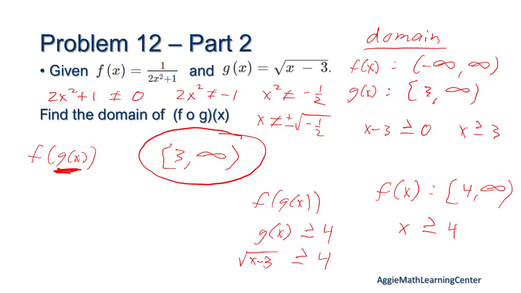What would the answer to the theoretical one look like? Theoretical one. So this would be x minus 3 greater than or equal to 16. So x is greater than or equal to 19. Because if you were to plug a 19 into g of x, then you would get out a 4, which would then not satisfy this. Well, let's see. X is greater than or equal to 19. Yeah, because if you plug anything smaller,